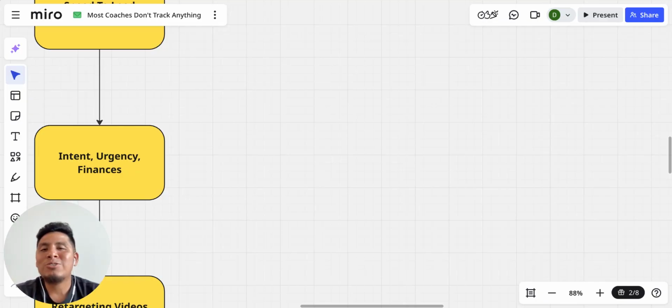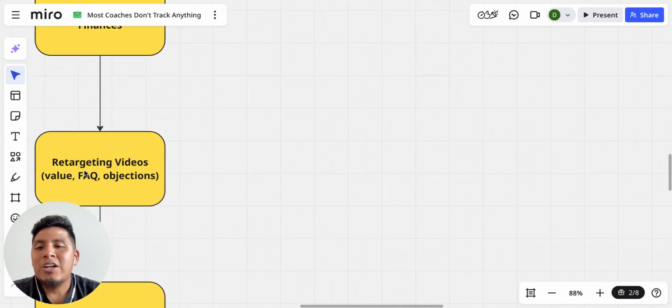And then, what does their financial situation look like? Are there any financial red flags in those conversations? It doesn't have to be super direct, like, do you have $5,000? It could just be, what do you do for work at the moment? What is your financial situation? Are you in a position where you may be open to talking about what it looks like to invest in yourself to reach XYZ goal? It's more so, are they in that position,